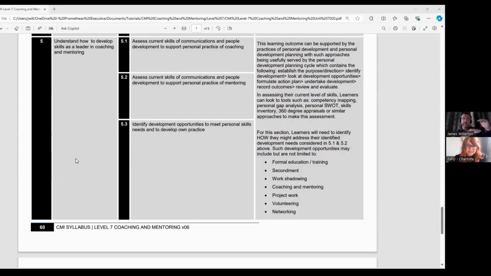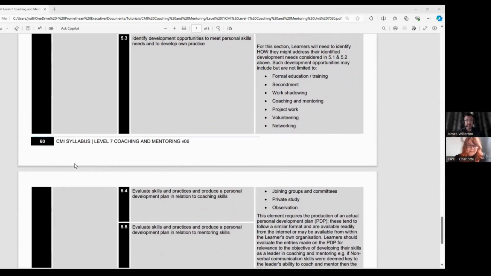My advice would be to lay out communication skills and people development skills separately in your answer and make an assessment across each of those two areas, because that's what's asked for in the question. So it's not just a jumble of general skills. We need specific communication skills and specific people development skills that then support coaching and mentoring. Is that okay? So for example, with mentoring, people development might look like actually your ability to teach or storytell, which is separate and different from coaching skills in people development. Okay. So again, try and tease out the differences, look at how they might be the same, but particularly contrast and be different too in your answers in 5.1 and 5.2.